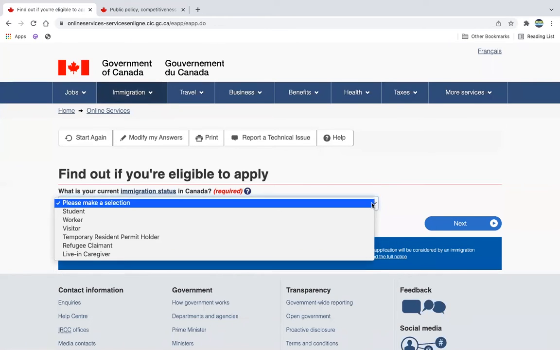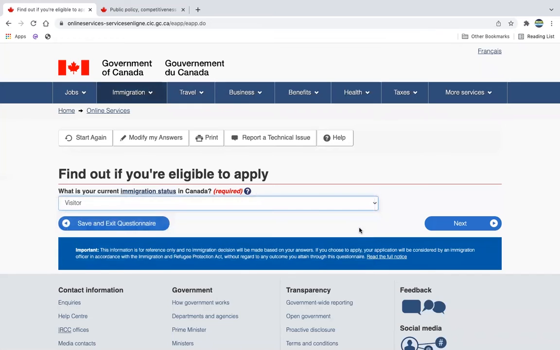and then based on the explanation, you're going to choose what fits you. So for this demo, I'm going to use a visitor based on a spouse open work permit, of a spouse who came to visit their loved one, and now they're trying to turn that visitor visa to a work permit because they are eligible to apply for an open work permit, right? So next,